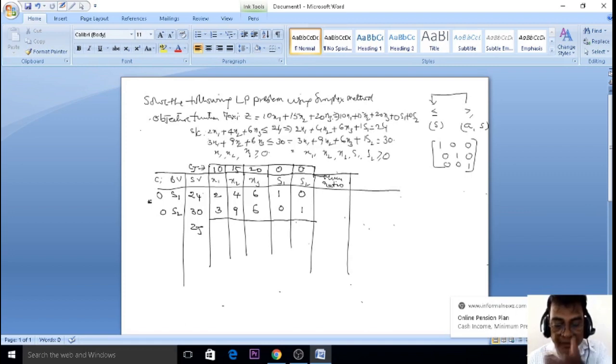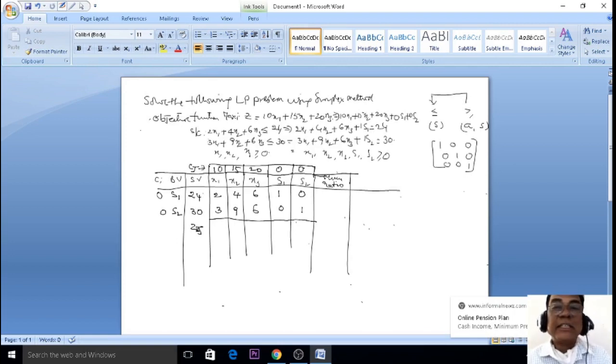How to calculate CI and basic variable values? See the unit matrix: 1, 0, 0, 1. What are the corresponding values? 0, S1. Write down 0, S1. 1 is there. What are the corresponding values? 0, S2. Over.